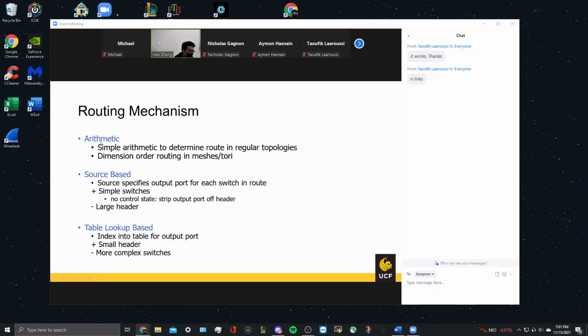But for arithmetic routing, it's all arithmetic. You just compute the destination at runtime because you know which dimension you should go. Just simple calculation, the dimension and your current